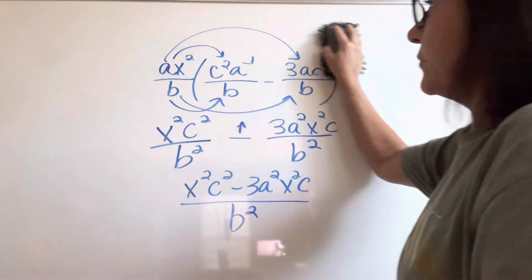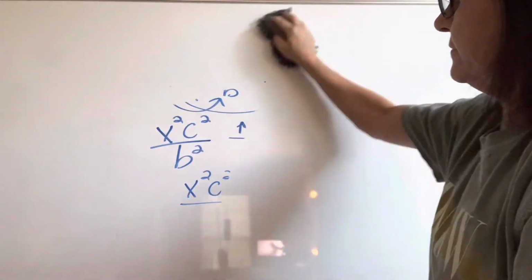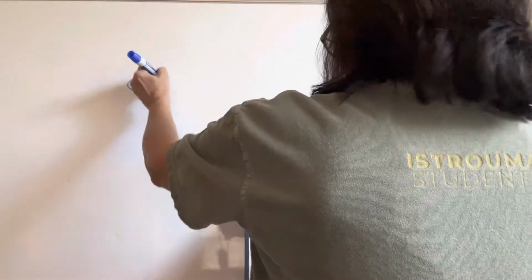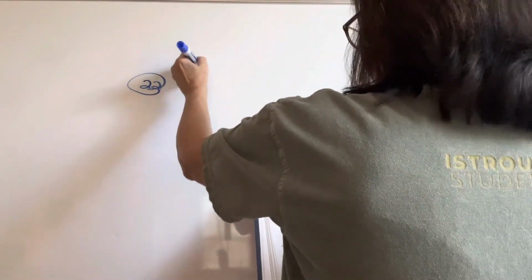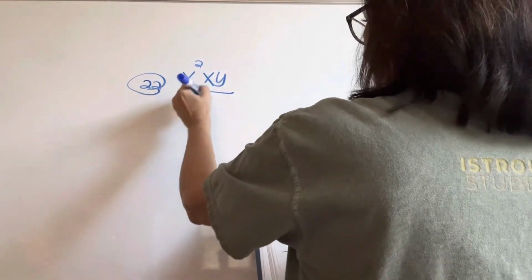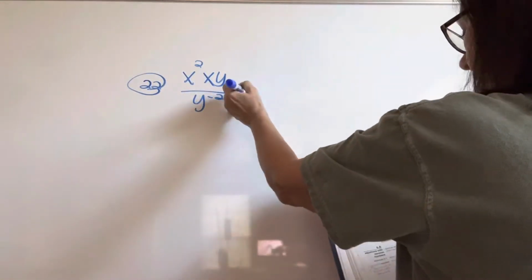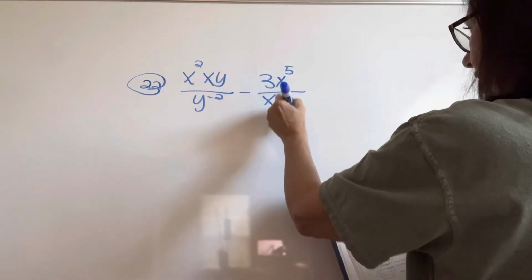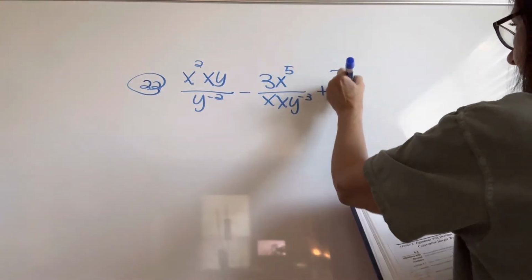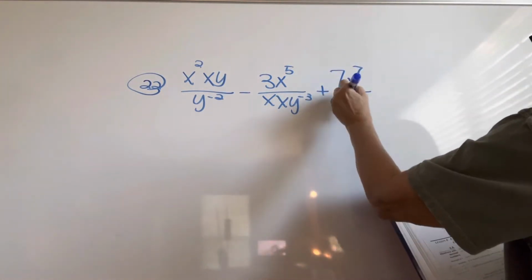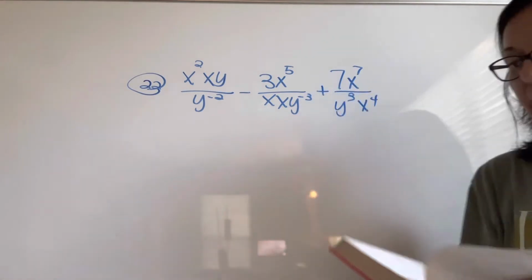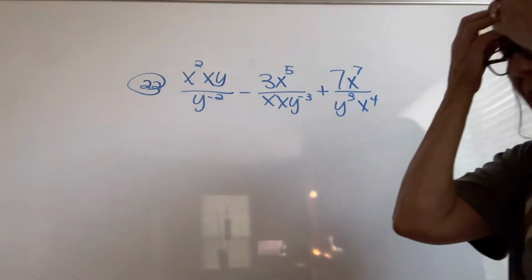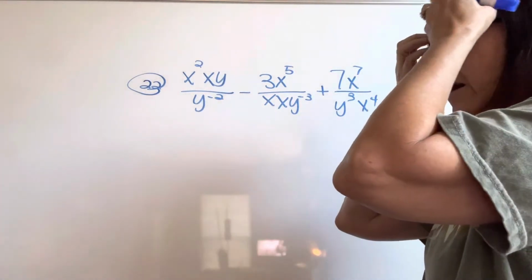All right, number 22. Number 22. All right, x squared xy over y to the negative 2 minus 3x to the 5th over xy to the negative 3 plus 7x to the 7th over y cubed x to the 4th. So the first thing we'll do is combine all of our variables, make our exponents all